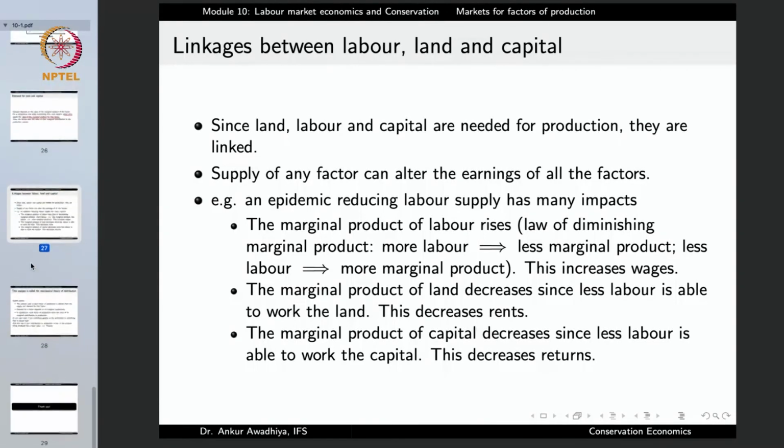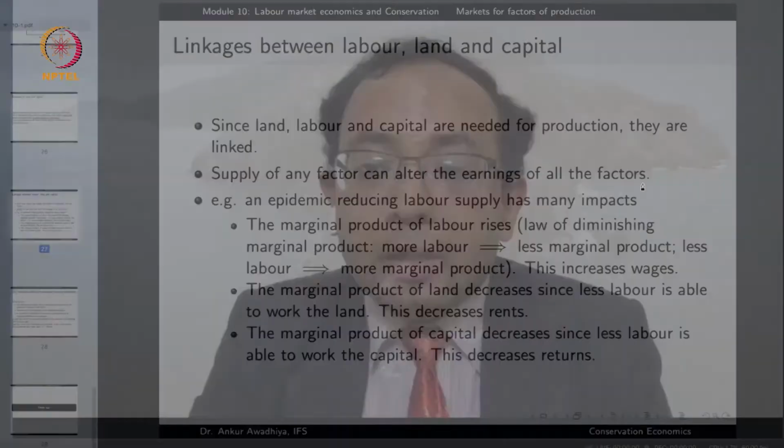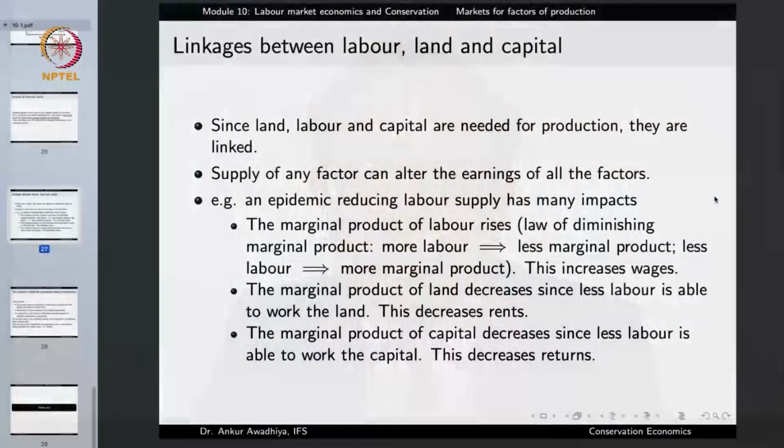And because these three factors of production, land, labor, and capital, are linked together, since all three are needed for production, the supply of any one factor can alter the earnings of all the other factors. A good example is an epidemic that reduces the labor supply. If people are dying or sick, and are removed from the labor market,